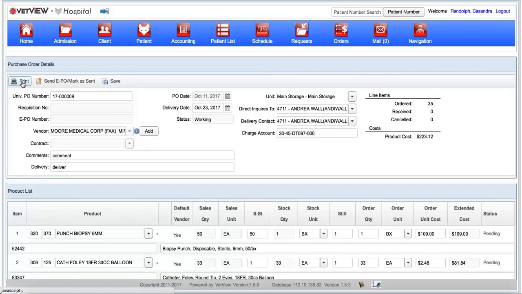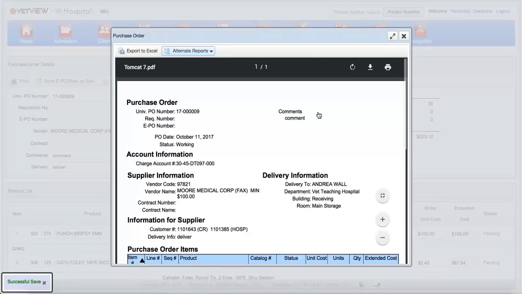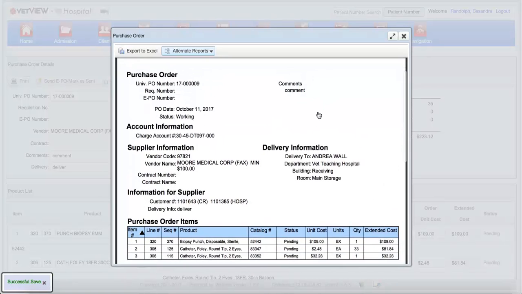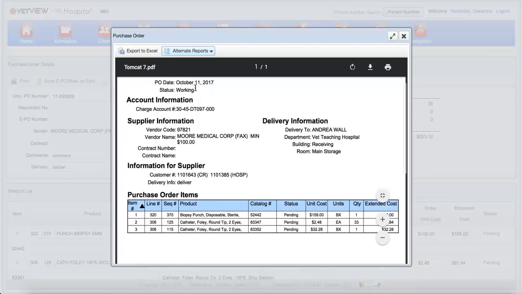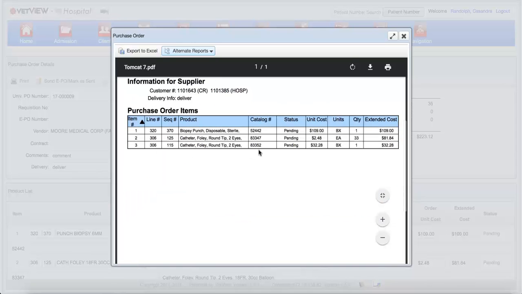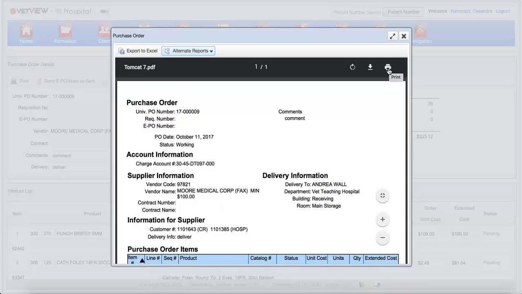So if you click the print button, this is the system default purchase order that prints out. You'll have all of the information you just filled out on that screen: the purchase order, requisition number, EPO number if that's relevant, purchase order date, what the status is, etc. And then you just print it out. I'm in Google Chrome. If you're in Google Chrome, you can just hover over the top and you have a print option. If I print this,